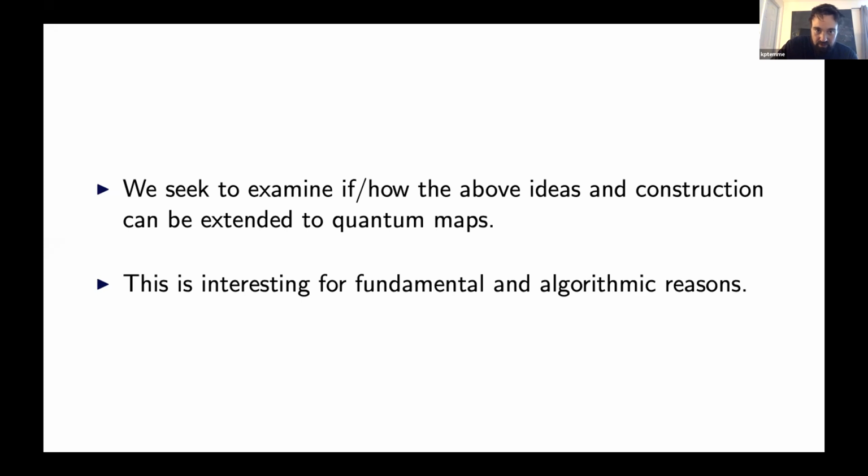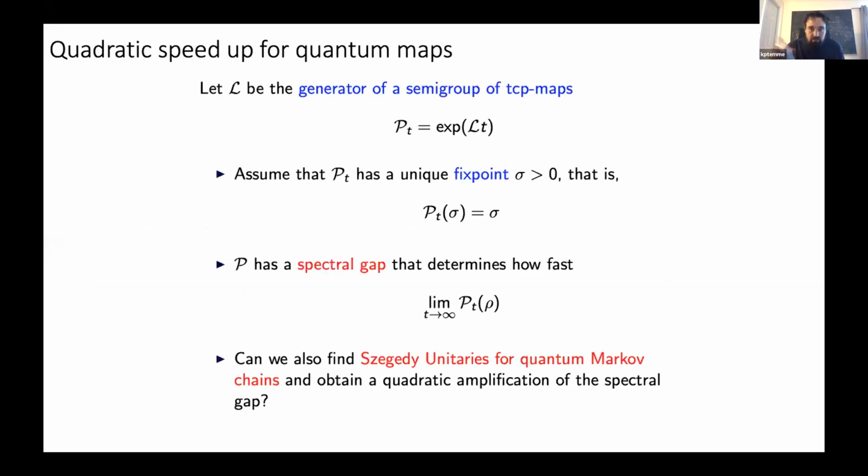All right. So what is the setting that we're considering here? We're going to do the same thing as before, and let's assume we are looking at a semigroup of TCP maps that is generated by some Lindbladian. Assume we are in the primitive setting. You have a unique full rank fixed point that this thing converges to, and the spectral properties are similar, so the spectrum sits within the unit disk. If we later assume that it becomes reversible, you know that the spectrum is in the interval [-1, +1],